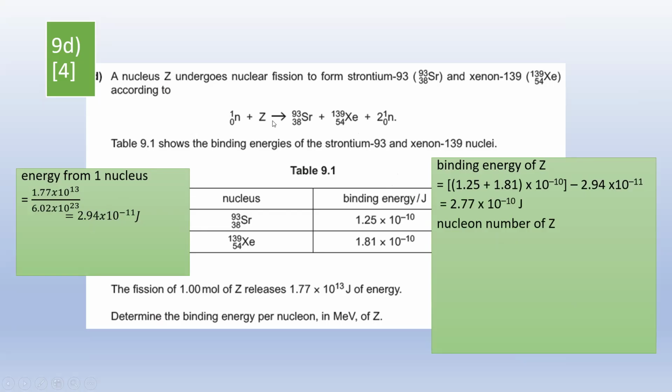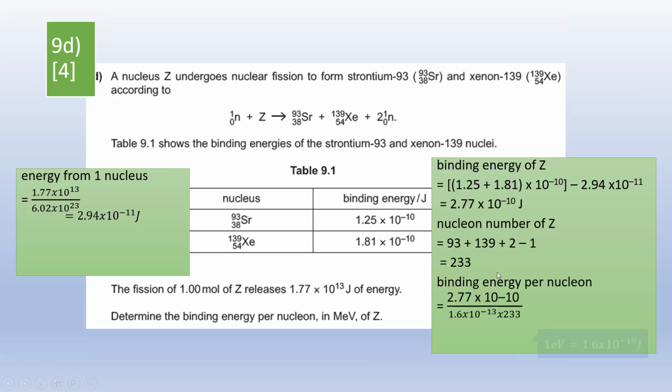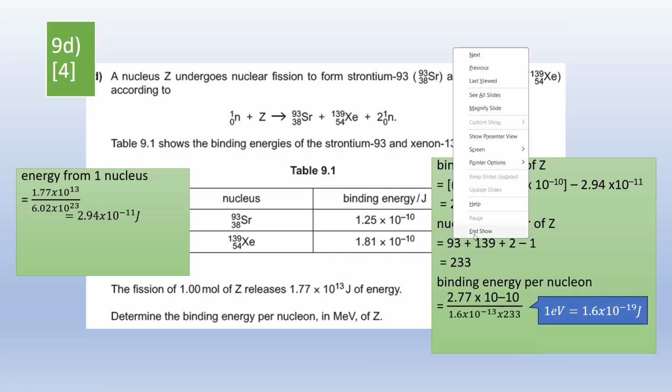At the top there is your AS work. 93 plus 139 plus 2 neutrons minus 1, okay, is 233. The binding energy per nucleon is this binding energy divided by that. Right, 1 electron volt is 1.6 times 10 to the power minus 19 joule. This one you want to change from mega. And 2.33 is there. I keep on changing my